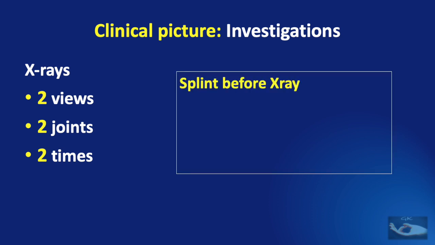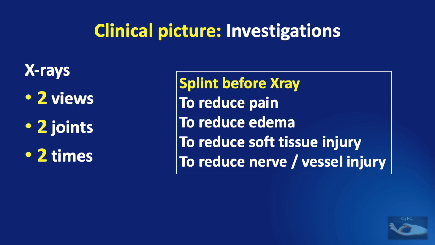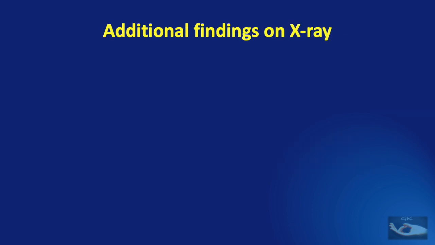But before sending the patient for an X-ray, it is very important to splint the hand. It will help tremendously to reduce the pain, to reduce the edema, to reduce the soft tissue injury, and to reduce the incidence of nerve or vessel injury, or if there is already an injury, it prevents the exacerbation of the problem. In most of the cases, the X-ray will reveal the fracture of the bone, but in some cases